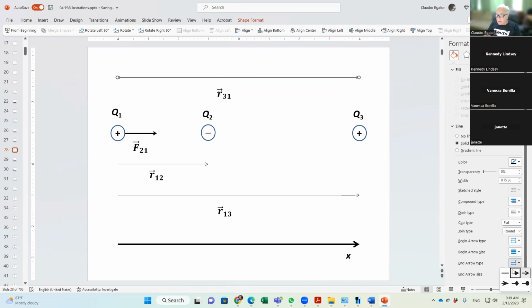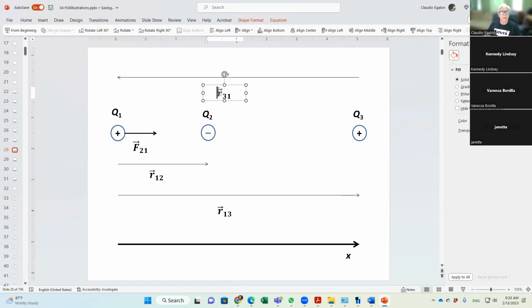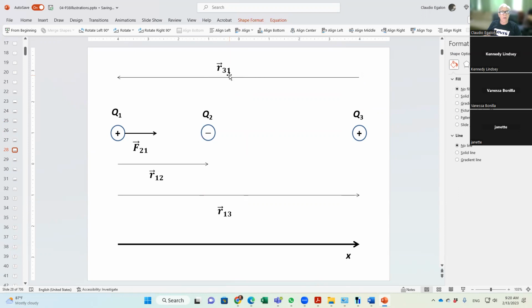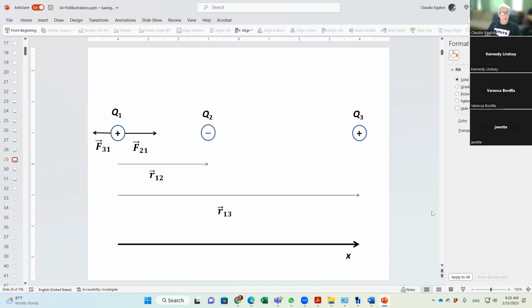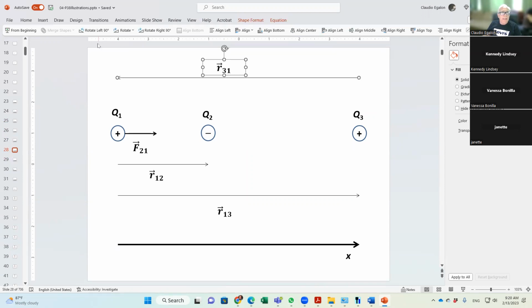Good. Okay, which is producing this force that is